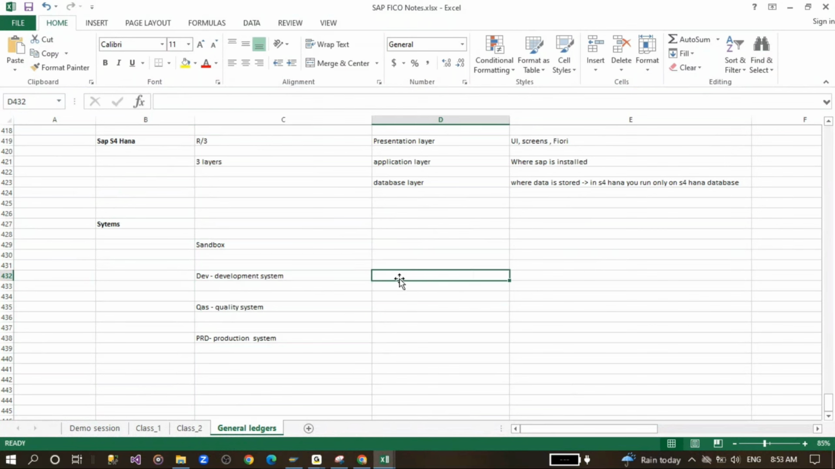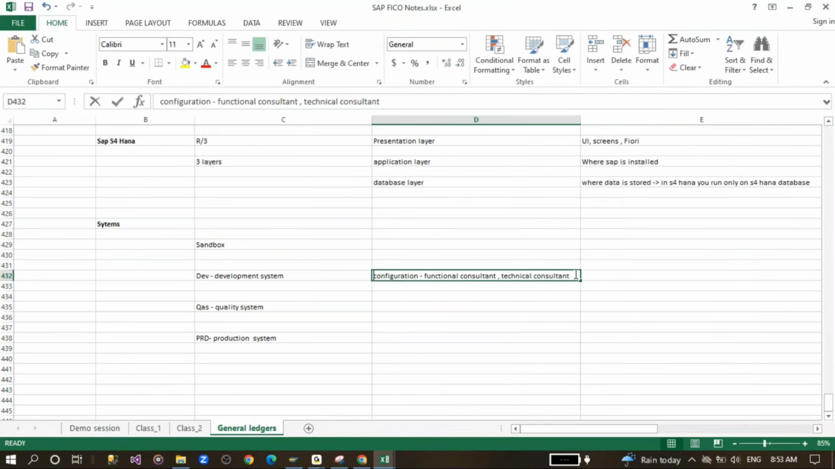For example, in the development system you will be doing configuration. Who will be doing the configuration? Functional consultant, comma, technical consultant. And after that, the functional or technical consultant will do the unit testing. So if I am doing some configuration,